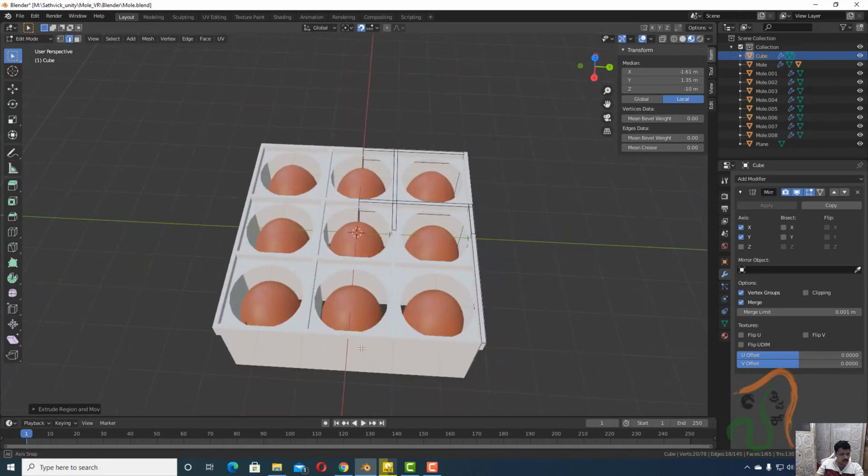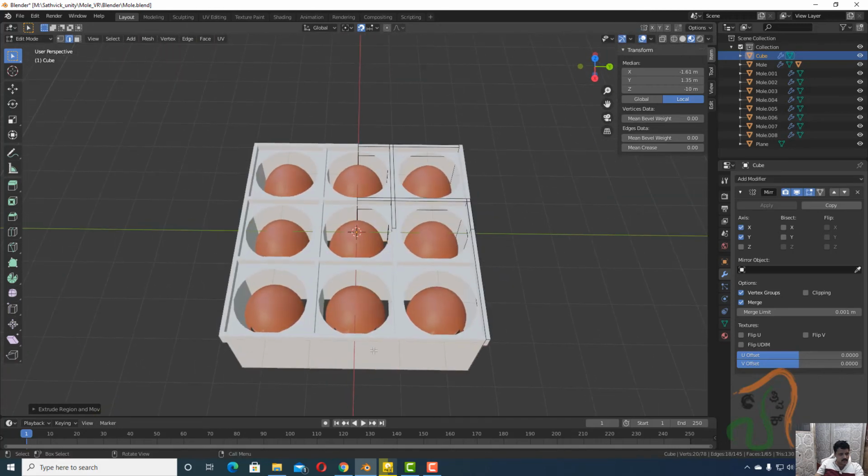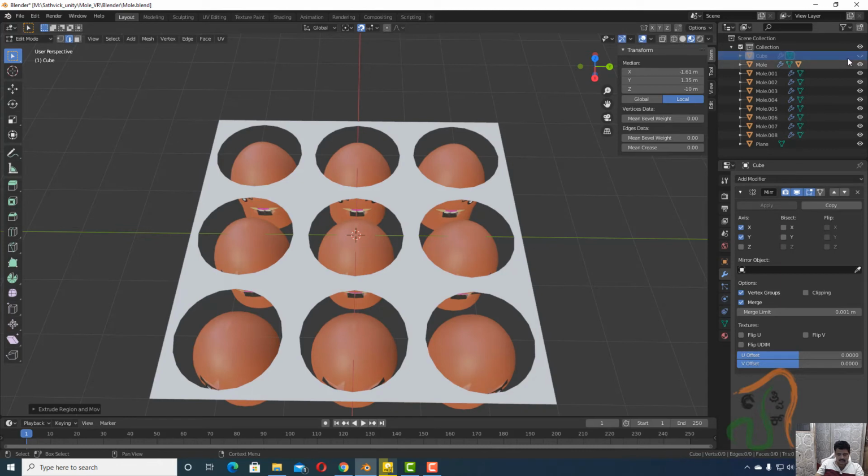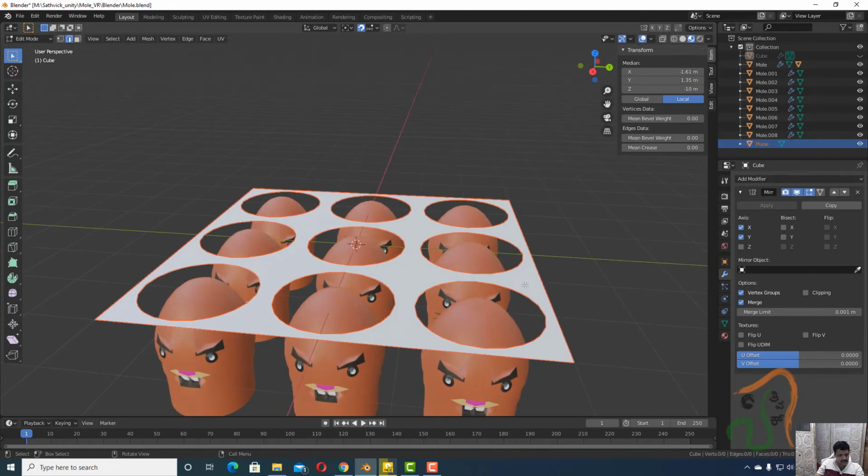So this is looking more natural, and to make it look even better, what we shall do is come back to the edge mode here, and now switch off the cube, and select the plane here. And in the plane, now right click with Alt, and here in the edge mode, select these edges.